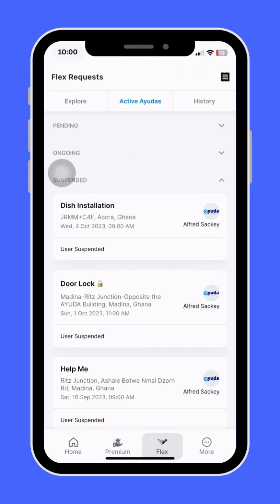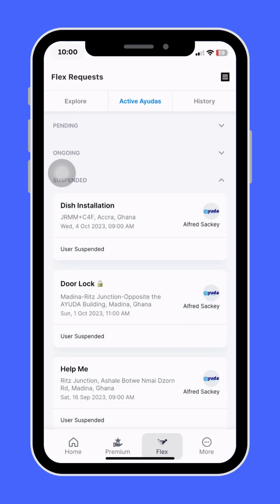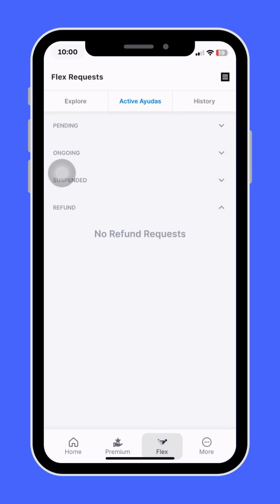Suspended works. View any works that have been suspended indefinitely or suspended with a new date. This section includes requests that are on hold for various reasons, allowing you to manage them effectively. Refund requests. Access this section to view all jobs or service requests that customers have canceled and requested refunds for